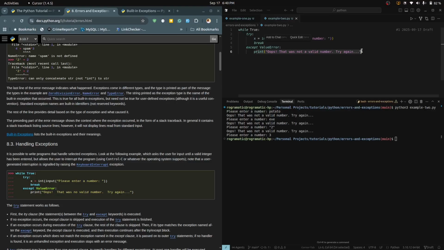again" to the screen. If an exception occurs which does not match the exception named in the except clause, it is passed on to the outer try statement. If no handler is found, it is an unhandled exception and execution stops with an error message. So if there is an error that occurs somewhere here and it doesn't match this and there is no other handler to handle the error, the execution of the program stops and there is an error message that's thrown and